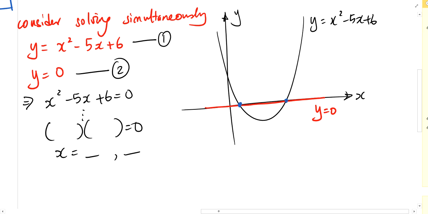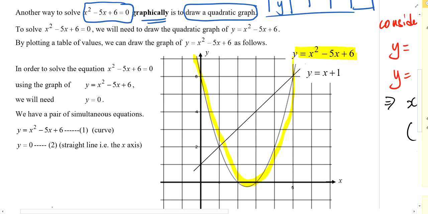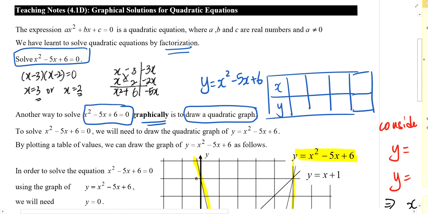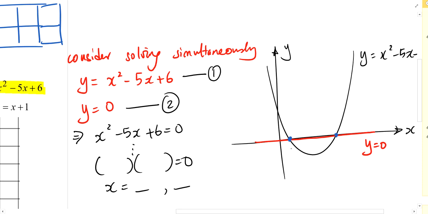So in this case, for this particular question, we will have the values of x as 2 or 3. So this will have a value of 2, whereas this will have a value of 3, obviously not drawn to scale. So if we were to do it over here, we have (x minus 2)(x minus 3), and we get the same values of x, 2 and 3. So with this in mind,